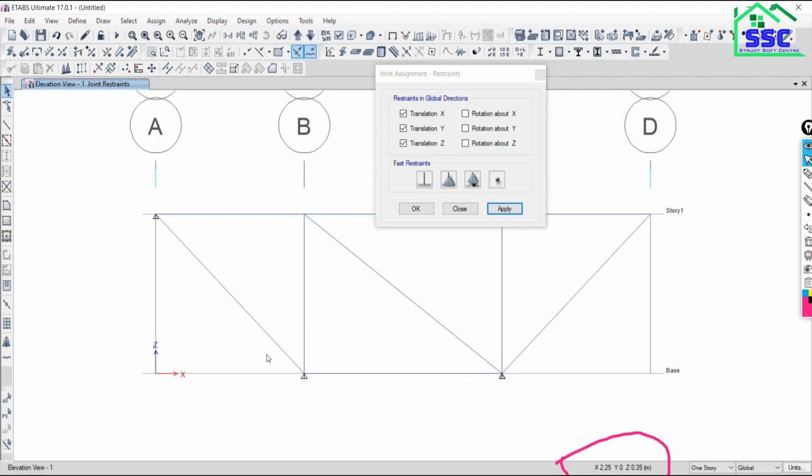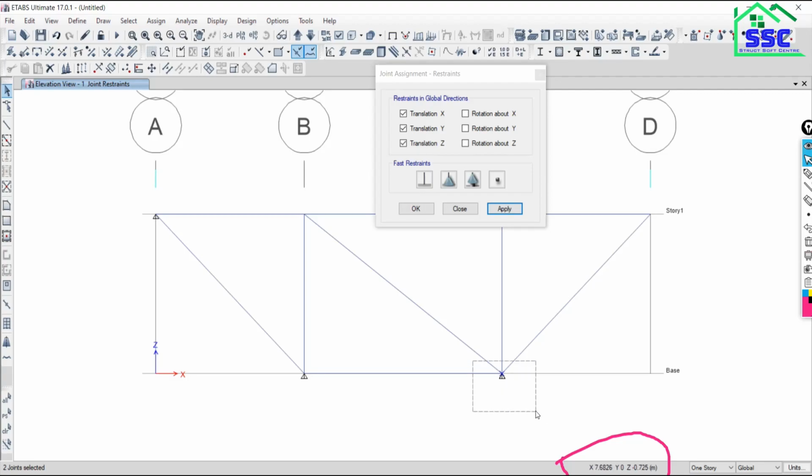Now I am dragging from left to right. As you can see, one joint is selected. Got it? So this is the way to rectify this kind of error. Dragging from left to right at this joint, again it shows that two joints have been selected. So again, just find the ordinate of this joint. x is 7, as you can see in this window.